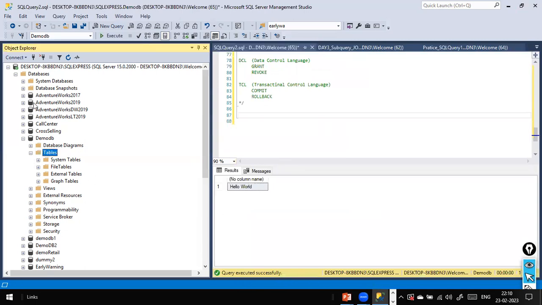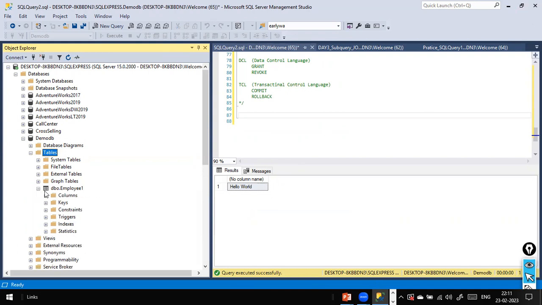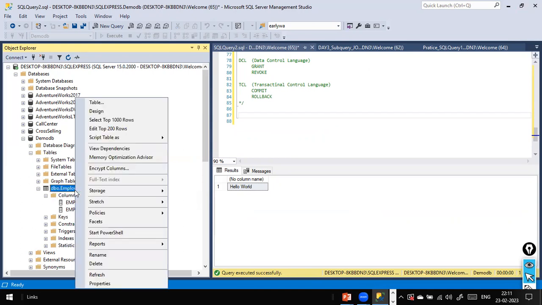Then I'm going to refresh it here. Look here, dbo.employee1. This is the one we created. You can expand this one by clicking on the plus icon, and next to Columns you can see the column names, whatever we created as part of this table. And when you right click on it, you will have something like